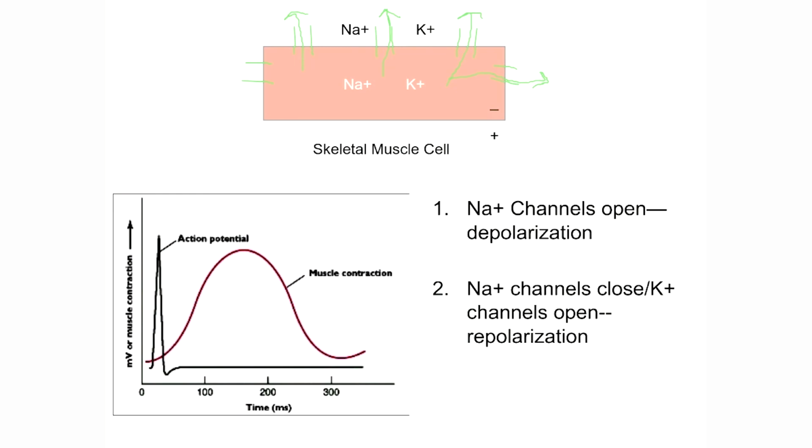When that happens, all of a sudden, once again, most of the positive charge is moving in this direction from inside to outside in the form of potassium. And because we now, once again, have more positive charge moving outside than in, we repolarize